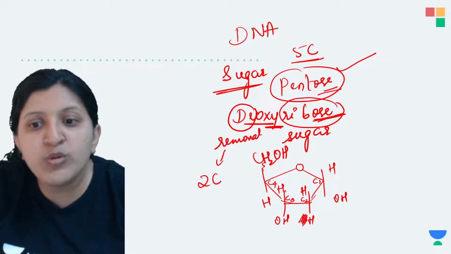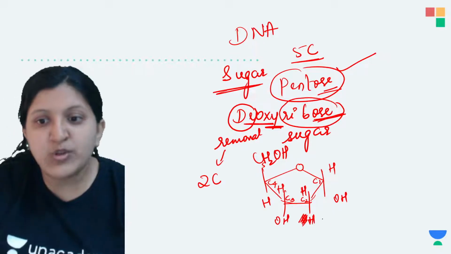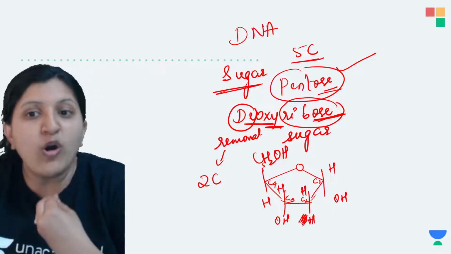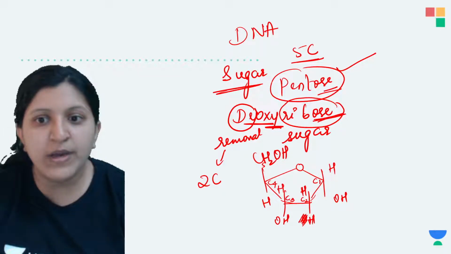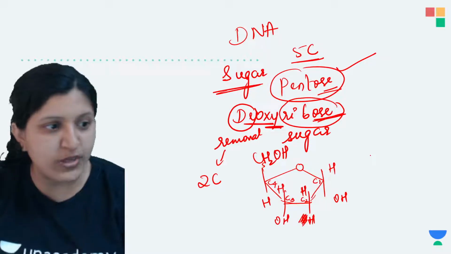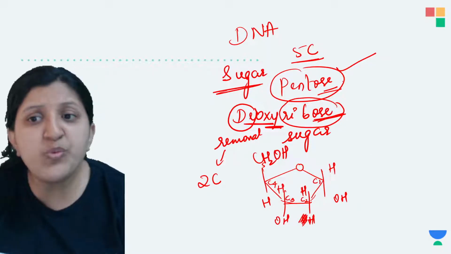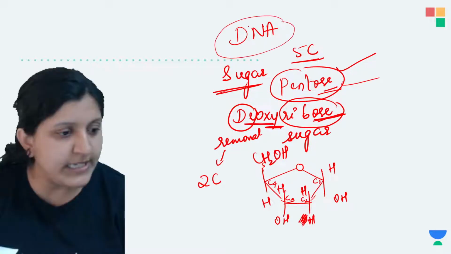So now on both the sides, there is H, H only. So that is deoxyribose. Earlier this was a ribose sugar. As we have removed the oxygen, now we call it a deoxyribose sugar. So this one is a pentose sugar that we find in case of DNA. Is this clear,